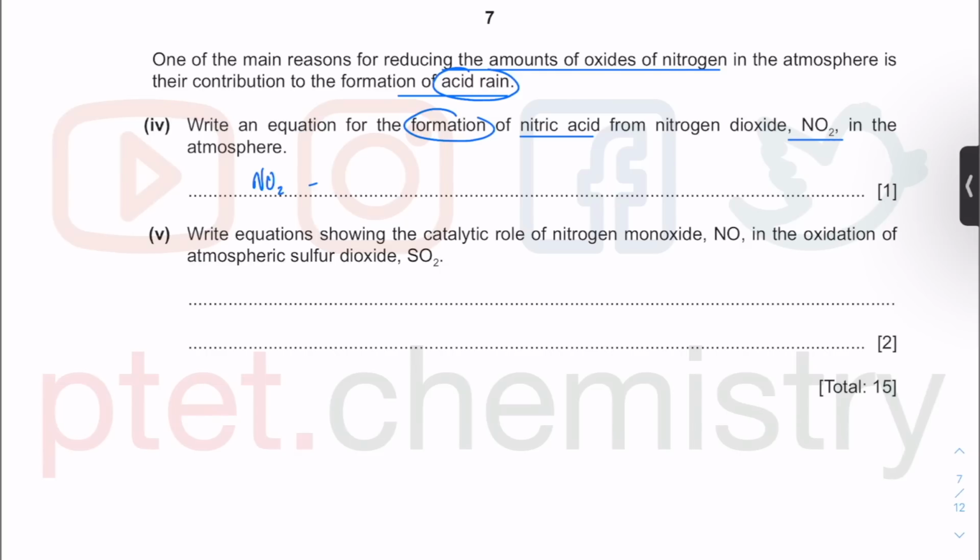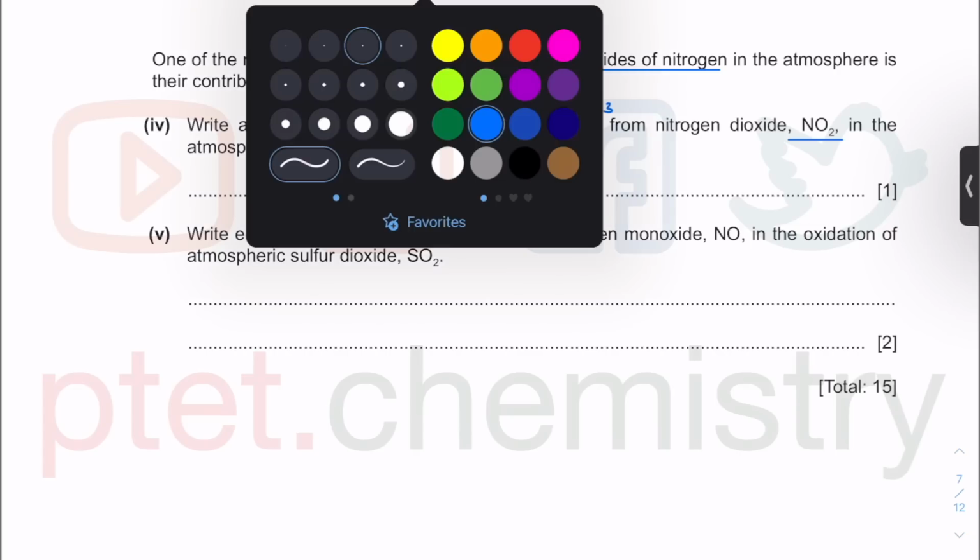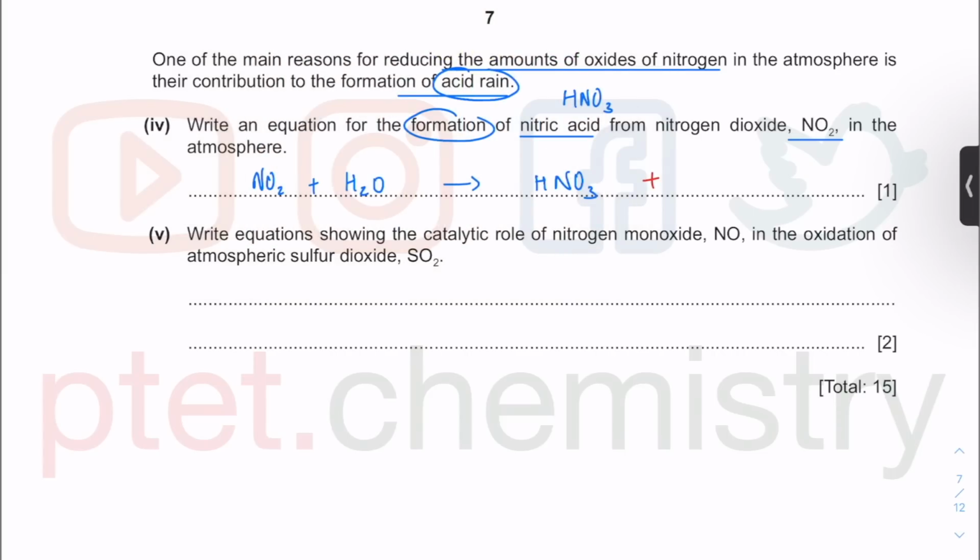This can be a difficult equation to write if you don't know what you're looking for. So what we have is NO2 dissolved in water, and you get HNO3, that is nitric acid. But whatever you try and do, you will not be able to balance the equation unless you know the other product. The other product is actually going to be HNO2. So in order to balance this equation, you really need to know that this is one of the classic